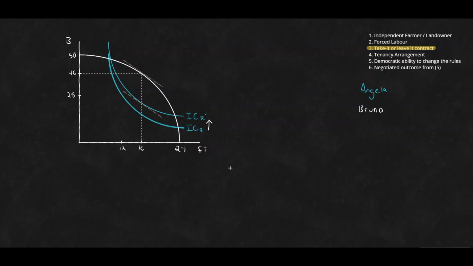It's not, oh, my next best alternative is trying to escape and evade the law and the risk of being captured and all the rest. No, no, no. Angela's now free to choose. So she now has easier ability to choose to work for a different farmer, to work a different plot of land. So her lowest level of utility, her reservation indifference curve, is going to be higher as a result.